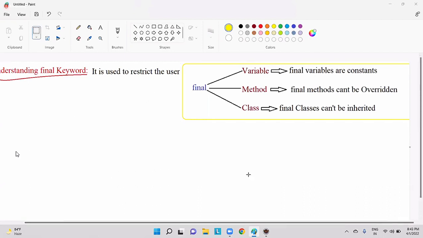Did you remember when we had covered garbage collector?